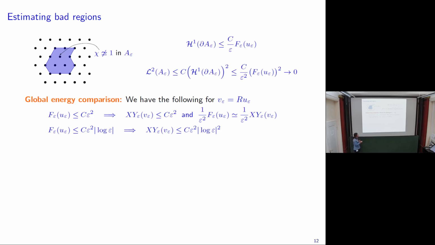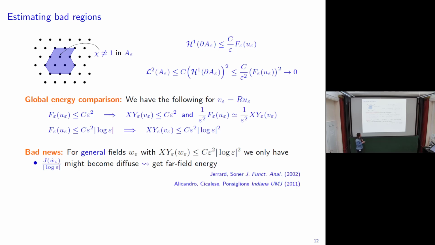they will see that these are a priori really bad news, because for general fields satisfying this energy bound, you would not expect any more concentration on points. So you would lose this property, and instead your rescaled Jacobians might become diffuse. They might only converge to a measure in H^-1, and you will actually see what